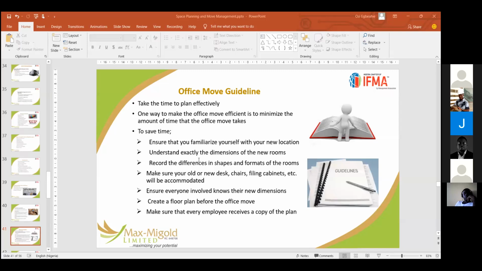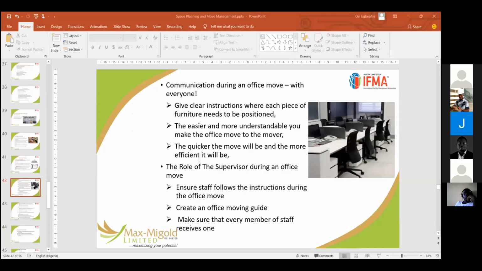Communication during an office move with everyone. Communication is very important. You must ensure you communicate during the office move. Educate them if possible. I've mentioned organized tours. I've done a move into an office before where